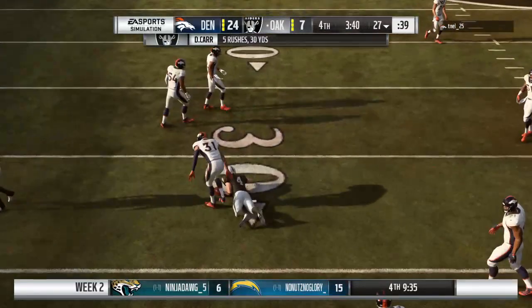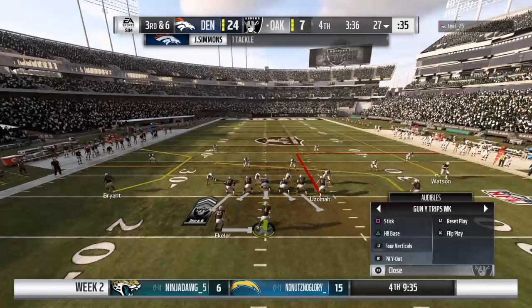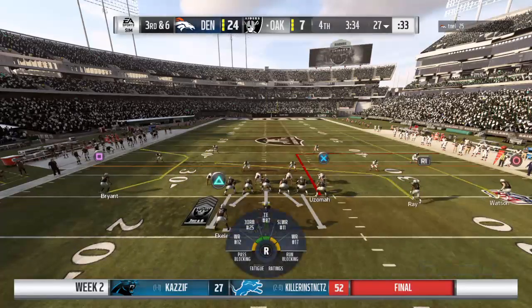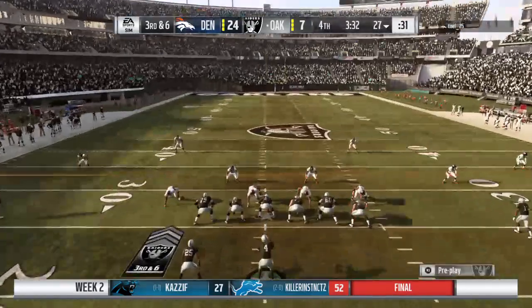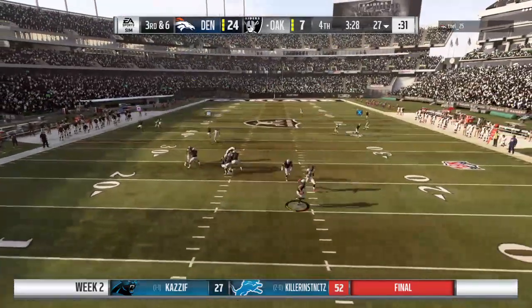And give him 10 that time as he was able to get away from the pressure and get a nice gain. Partner was a definite passing down, but he was able to leak out and pick up some good yardage, even though the coverage was excellent. Maybe it's not exactly how they drew it up, but it's still got a big chunk of...